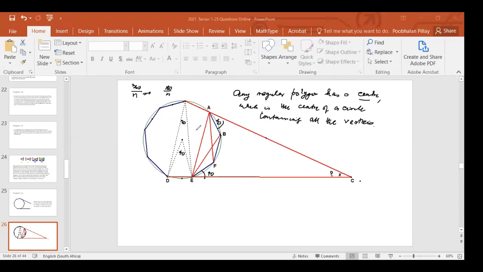All right. So bearing that in mind, how do we solve this problem? Okay, so what we do is we join these two. We need to calculate this entire angle here. Also this entire angle here. Now, how do I know, how do I get that? How do I calculate this angle? From there to there.